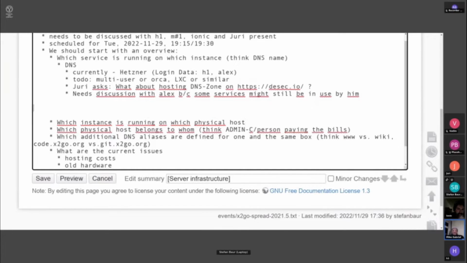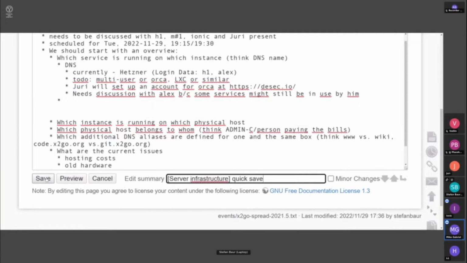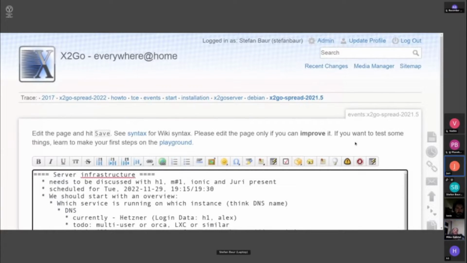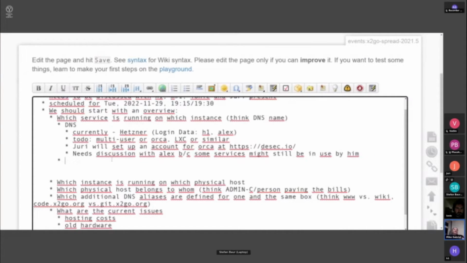Okay, so Yuri, could you book us a DSEC account for Orca? Yes, I can do it. And arrange everything so that it is really an NGO account, a Vereins account. Okay. And then we think about who sets up the container with the DNS primary in it. Is the hidden primary setup something that others here have good experiences with? I have done this, but not on DSEC. It's a setup which is quite common meanwhile, but check with the provider and ask them before you book the account if they support a hidden primary setup. Because if they don't, then